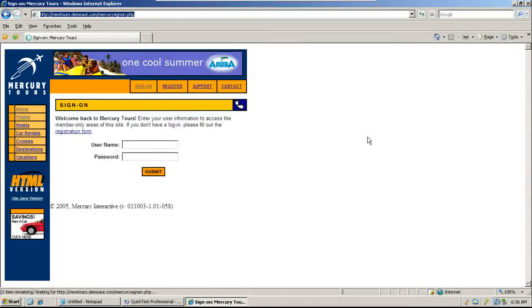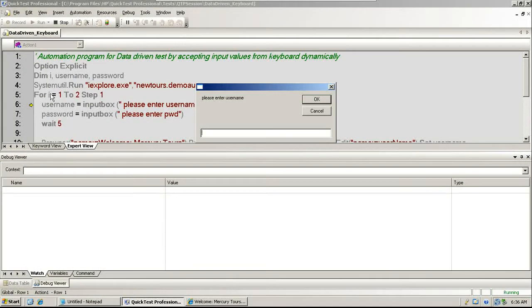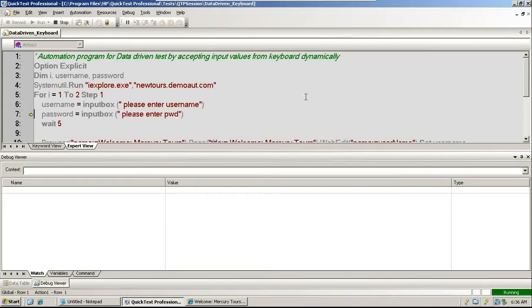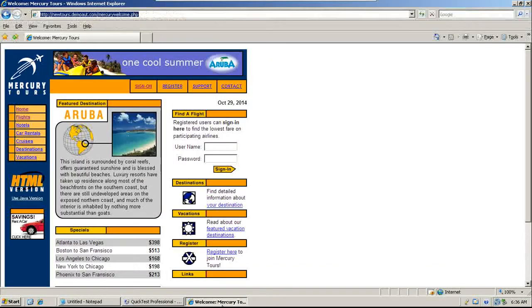So here the second page, click done. All the steps are done faster. Now it is asking the second time. This is the second iteration, so the for loop is running the second time. That's why it is asking for the same username again. Now I am going to enter the same username because I don't have other usernames registered. So again it will perform the same operation. The main intention of this is to repeat some operation more than one time.